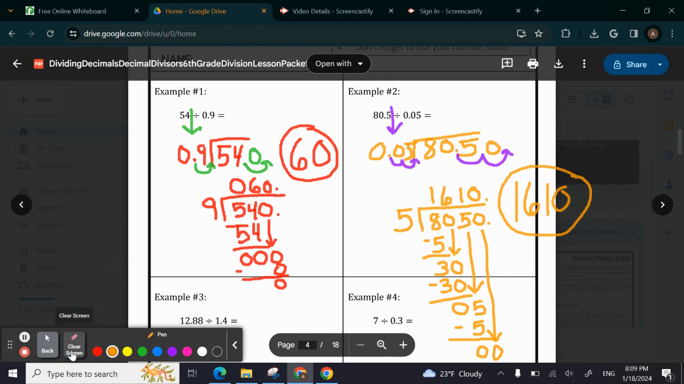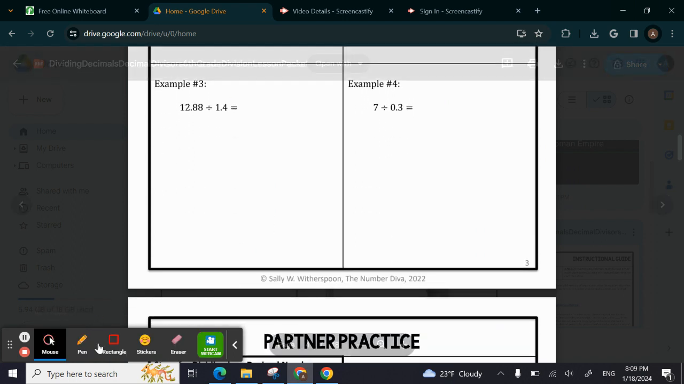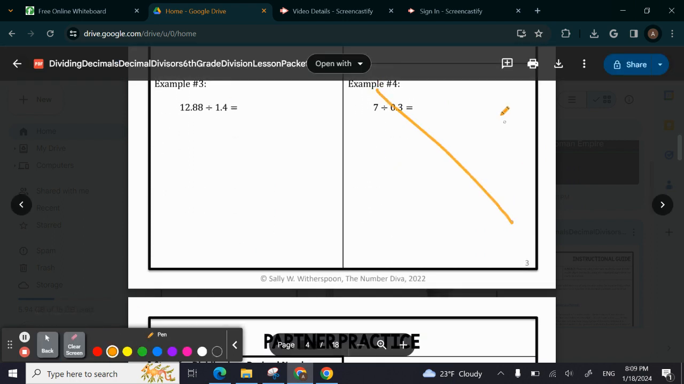All right, let's go to our third and final example. All right, we are not going to do example 4. I will explain on Monday why not. Okay. All right, so we have